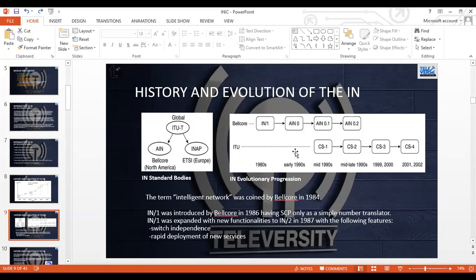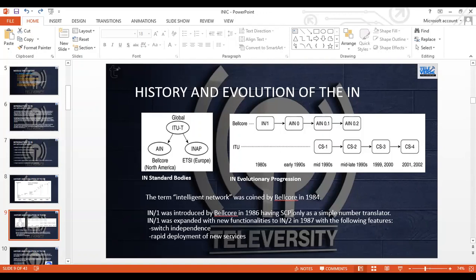So the services that the customer wants to enjoy, you see. The intelligent part of it, how to deploy services, that is what the IN is handling. It's not as though the IN is the only intelligent network in a telephony system. No, it's just an intelligent network for service deployments. Okay, all right. So IN1 was introduced by Bellcore after the initial